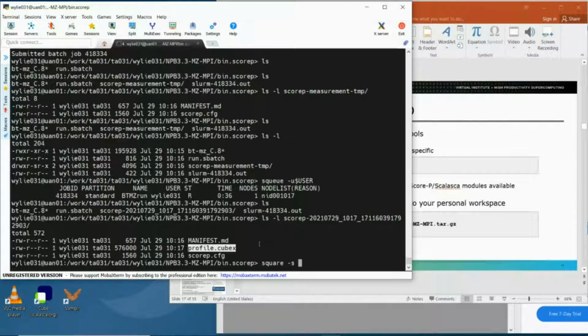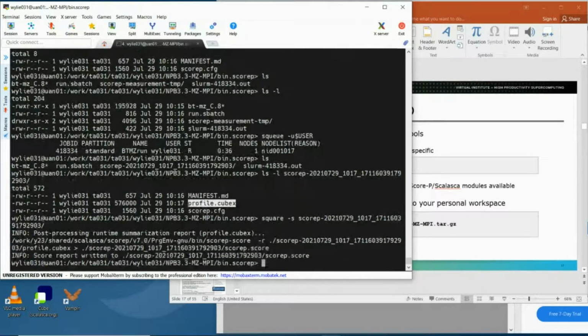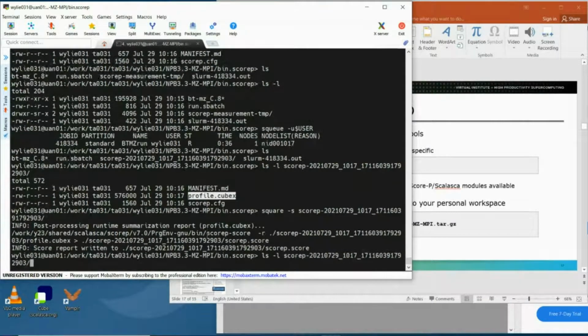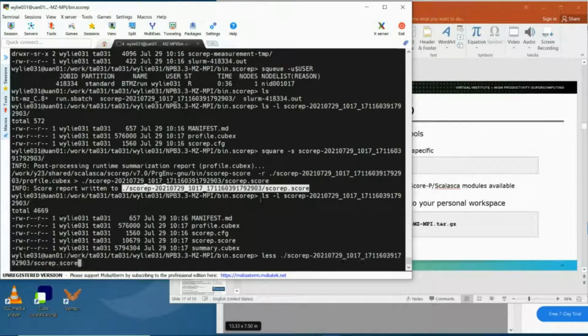An alternative way of scoring it is by using the Scalasca examine or the square command with the name of the directory. So this will be post-processing the profile.cubex into a summary.cubex, and also putting the score report into that directory as well. Now I have the Score-P score file, as well as the summary file, which has the additional metrics generated by post-processing. If I look at the score file,